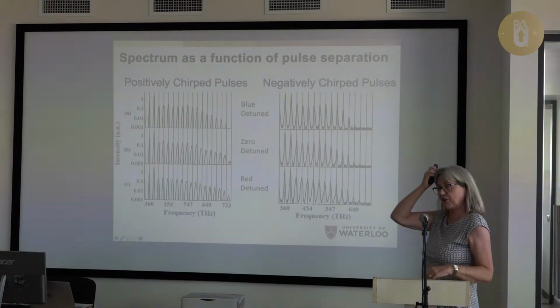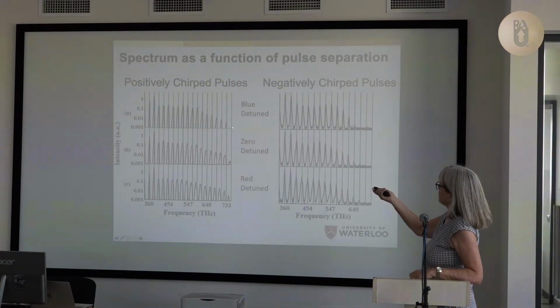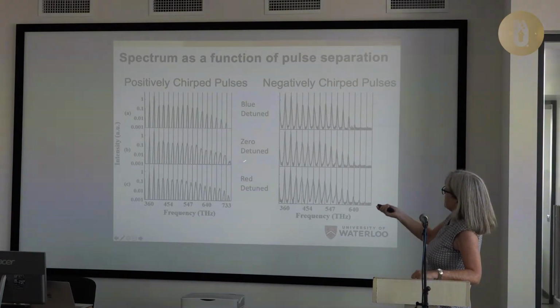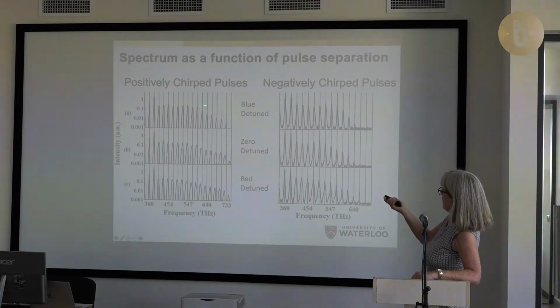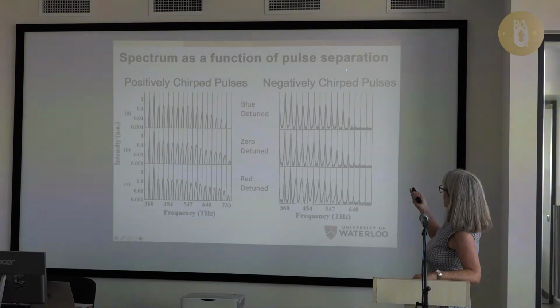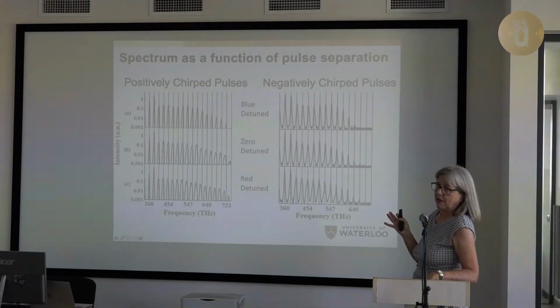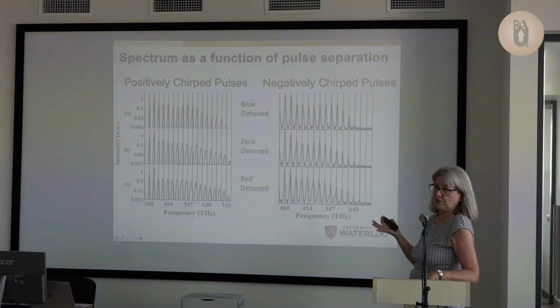These were a bunch of undergrads, one after another, I had each term, trying to help me get this done. So here's zero detuned, positive, negatively chirped pulses. These two are then the same time delay, but one goes blue and one goes red. So these are both blue detuned and both red detuned. What we noticed, and this is the only time we've done this experiment, so we haven't gone back to even think about it, but what's weird is that it never left the Raman level. It just went exactly where it was supposed to go from the Raman.